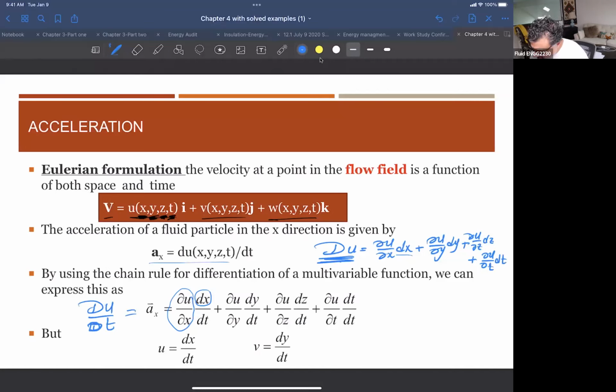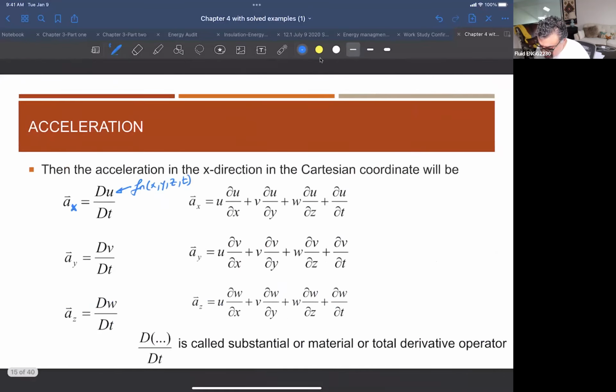So it is going to be du by dx by dt, du by dy by dt, du by dz by dt, du by dt by dt, which is gone. So now you have dx by dt is your u, dy by dt is the component v, dz by dt is the component w, which means that the acceleration component in the x direction will be presented by